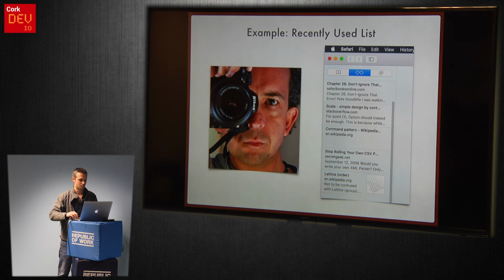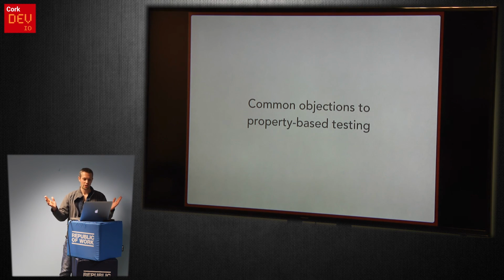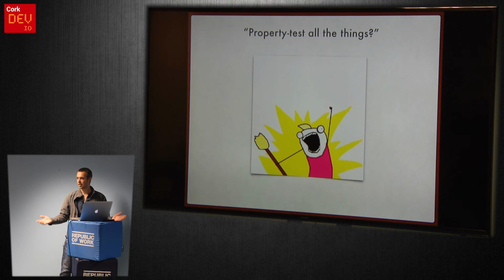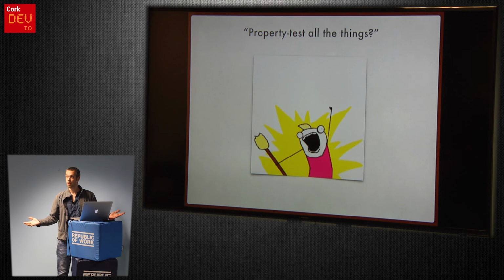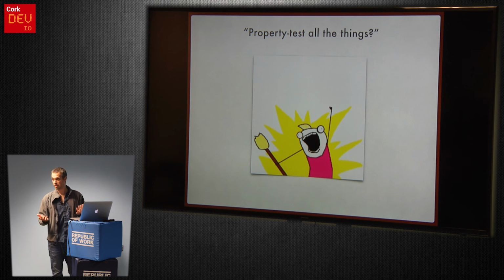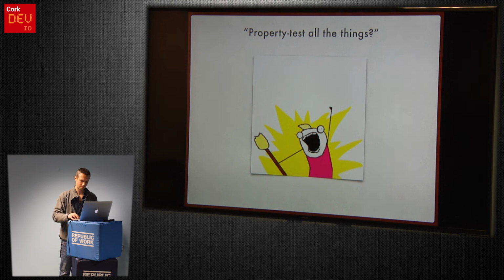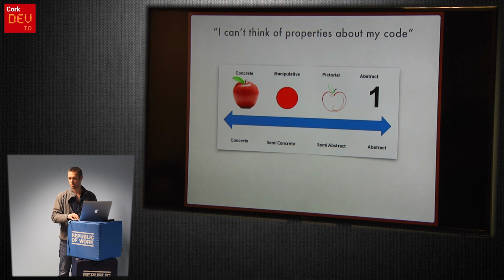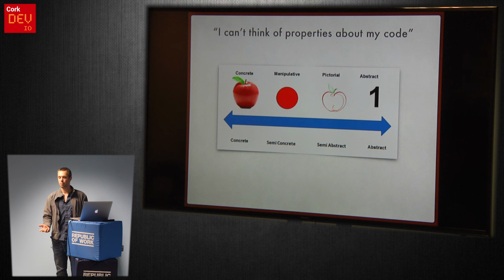But okay. So very quickly, some common objections to property-based testing. Should I start using properties all over the place? No, because in some cases you really want to test just one value, and there's no random elements at all. You really want to test this one value, so a property in this case doesn't make sense. And then, oh, I can't think of properties about my code. If that's the case, maybe you have a problem. Maybe if you're not able to extract general behavior about your system, maybe it highlights something